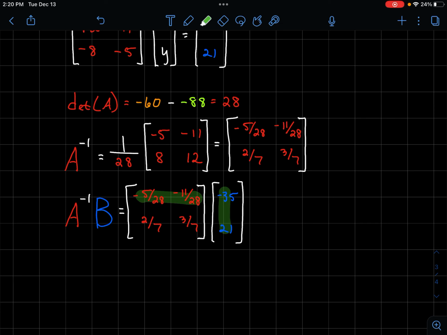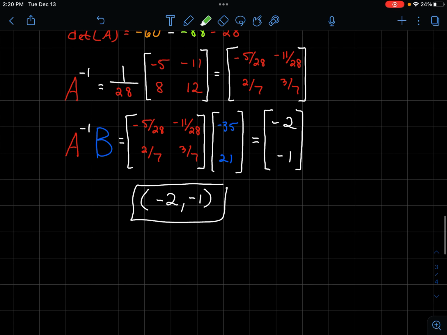Taking our row times the column, adding up the products, we get negative 2. Taking the bottom row times our column once again, that will give us negative 1, which concludes that our x solution is negative 2 and our y solution is negative 1. So there's how you can find the solutions to a linear system of two equations using the